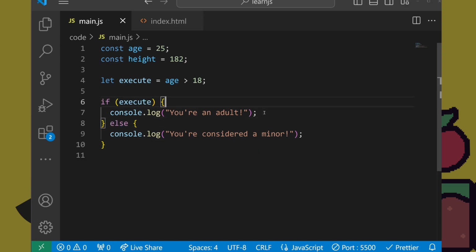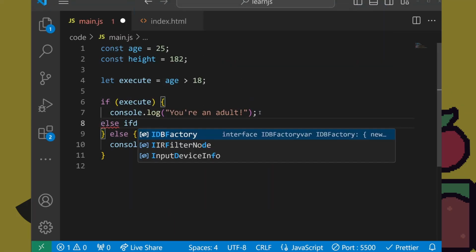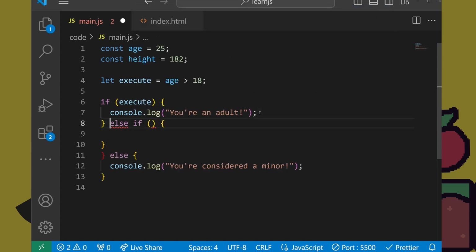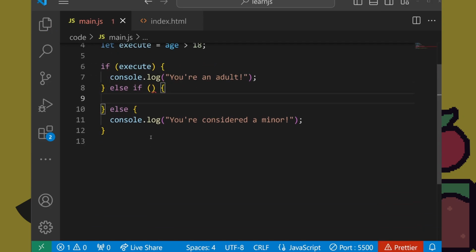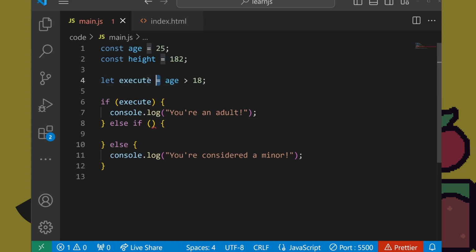So if you want to have more than one condition though, for example, if you are here an if, and then you can have an else if, and then else if you can pass in another condition and then have it here. So yep. So that's the proper syntax, and then you pass in the condition here. For example, here instead of putting this inside of a variable, which there is no need to, it was just to show you, you can put the expression within the if statement, and it's usually what happens in actual code. So if age is superior to 18, or if age is equal to 18,